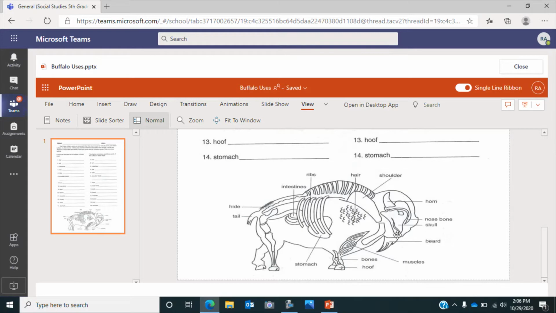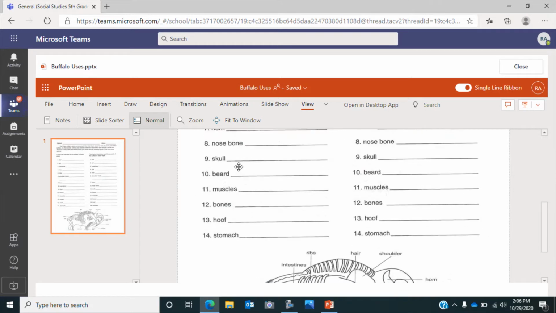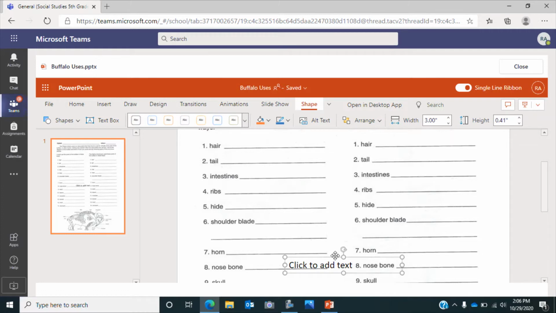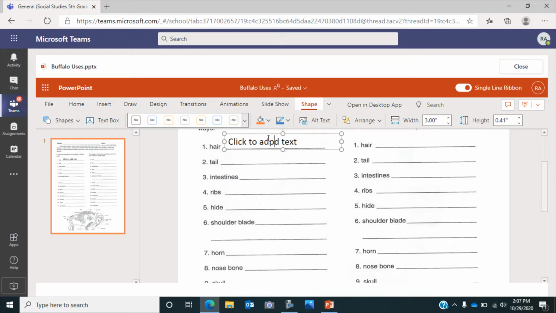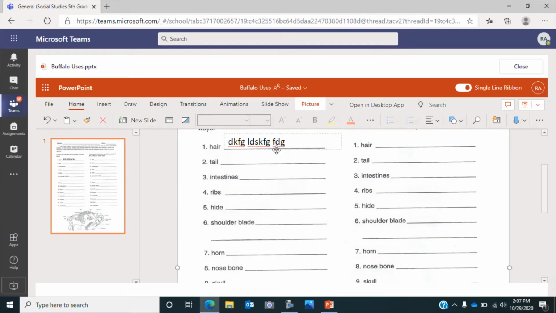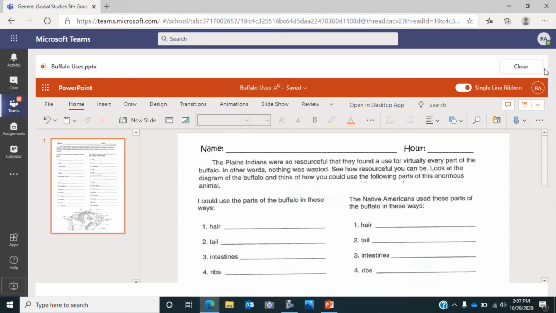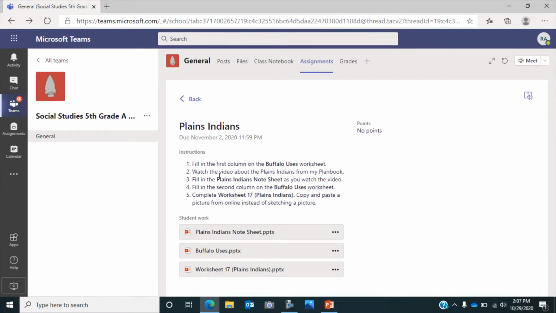So we've got a diagram down here of what the different parts are. And up here, you're going to do 1 through 14, telling what you could use it for. So like the hair of the buffalo, what could you use that for? And to put your answers on, you have to click Insert, Text Box. Remember, it always ends up in the middle of the page. You pull it up to where it says hair, you put it there, you click, type your information, and then you click to go to the next one. And you have to insert another text box. Once you complete just the first column, then you'll click Close,